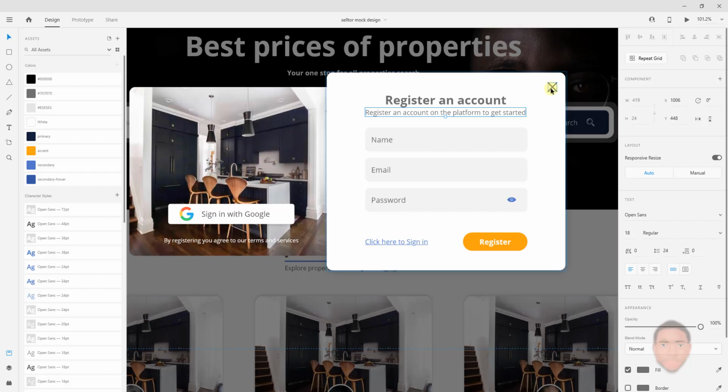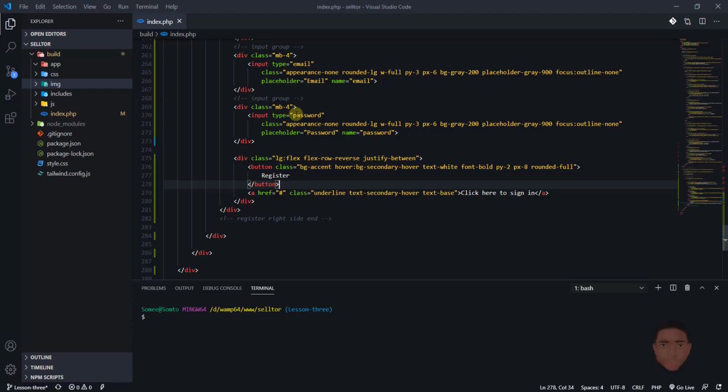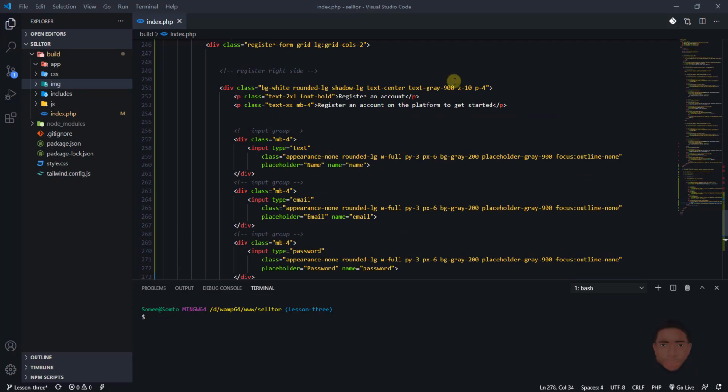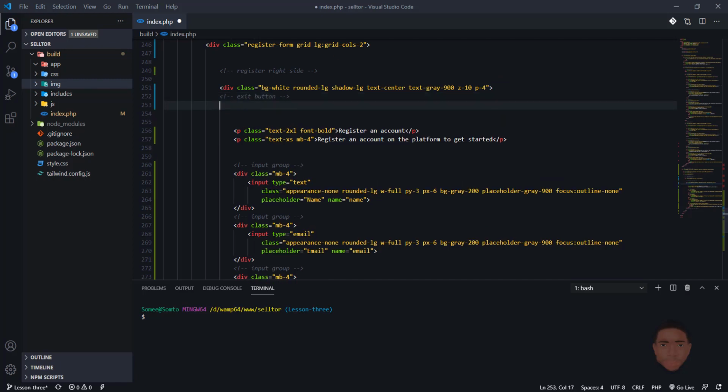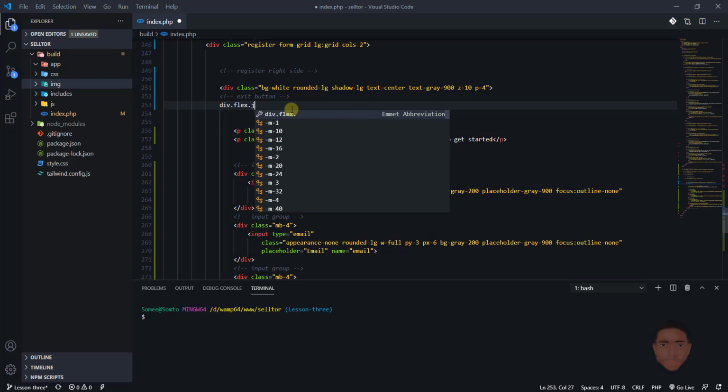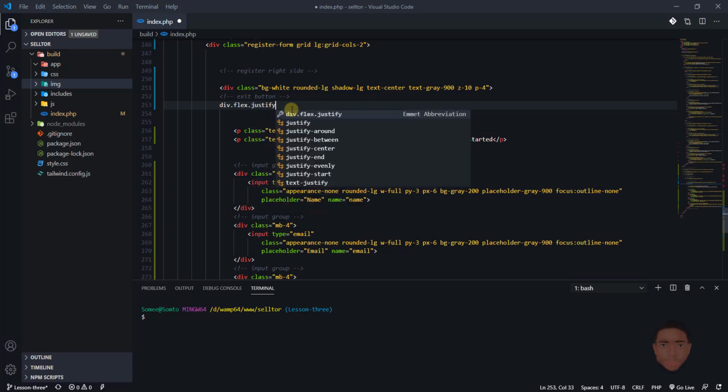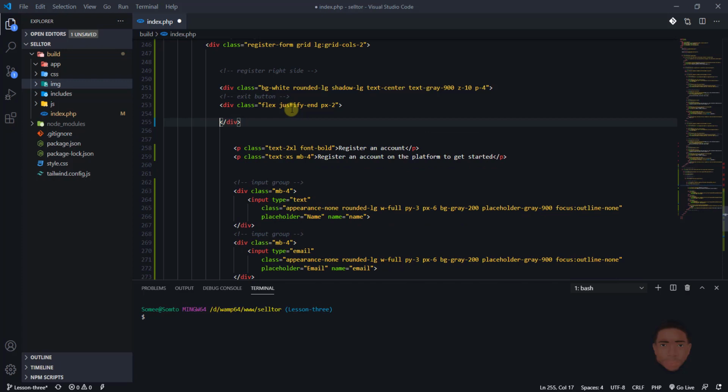Let's add this X button. So I'll go all the way to the top where it started. I'll just add a comment that says exit button. So we're going to use positioning to do this. Okay, so just add a div and just make it a flex, justify, and I will just push it to the right hand side. Just give a little padding. In there, I'll just add the image